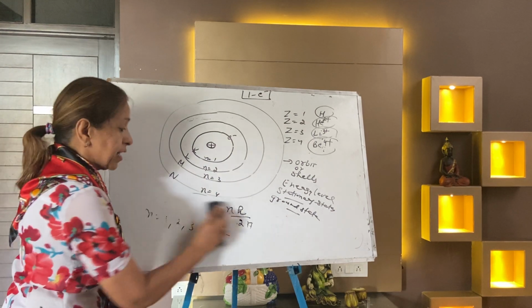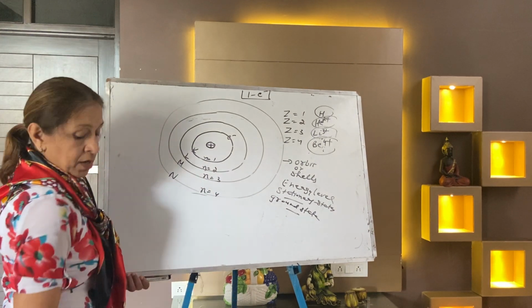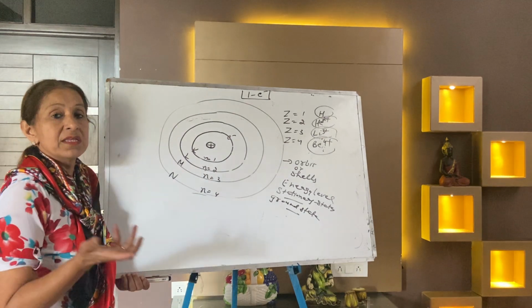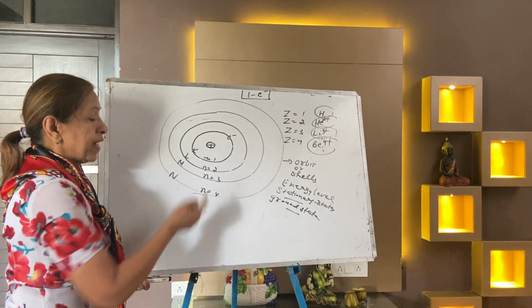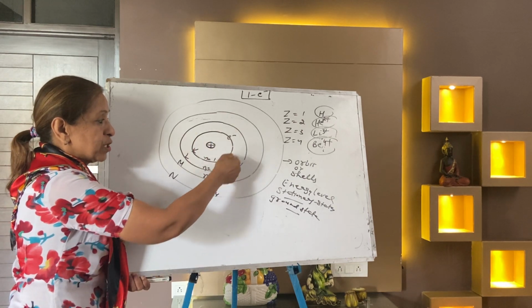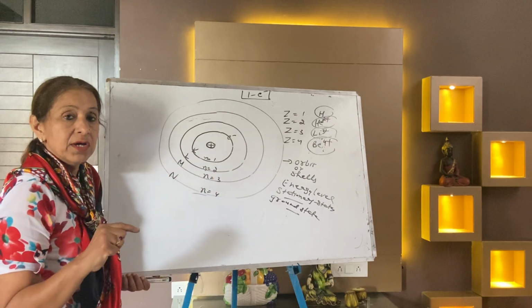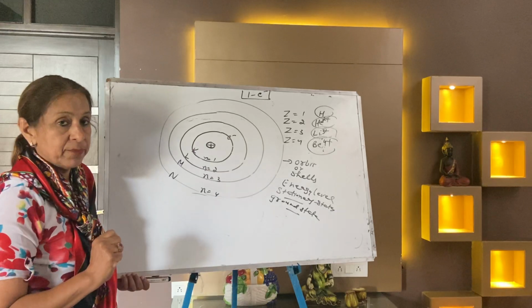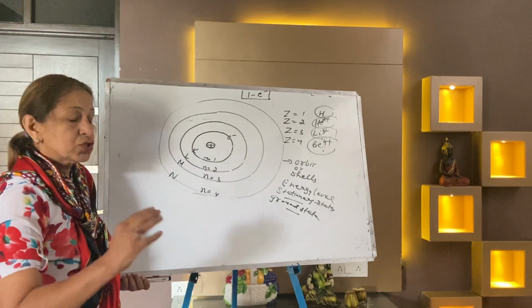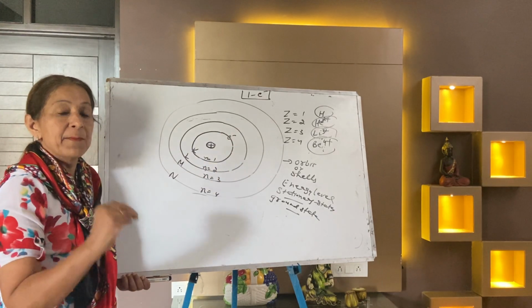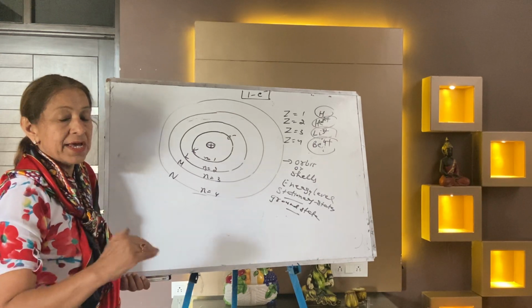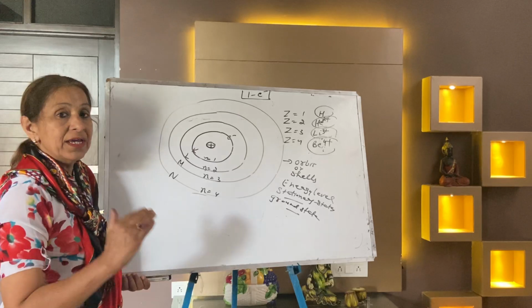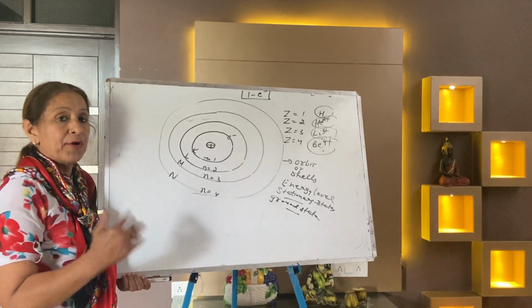Fixed means quantized. Now Bohr explains the stability of the atom like this: as long as the electron is revolving in the orbit, it cannot lose energy. If it did so, such losing of energy would become continuous. Energy is lost as well as absorbed only in a discontinuous manner, according to Planck.